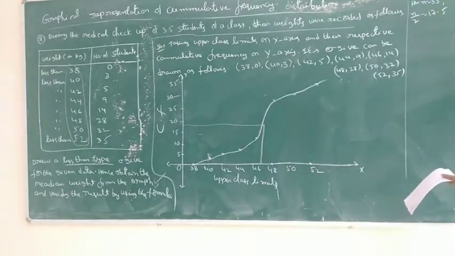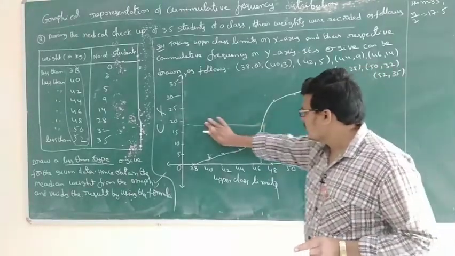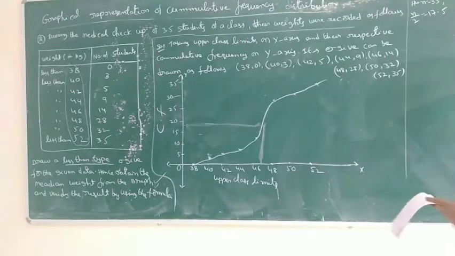So again, from the graph, the median of the data is 46.5. Is this clear? First of all, don't calculate it by the median formula. We have to find the median from the graph. So once again,